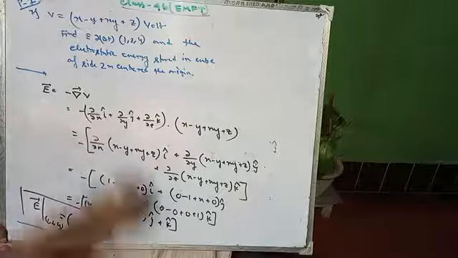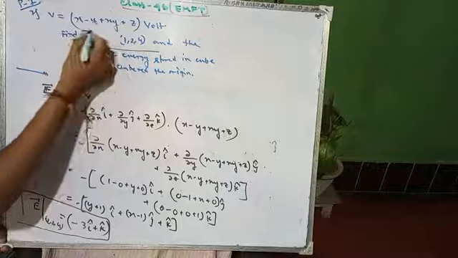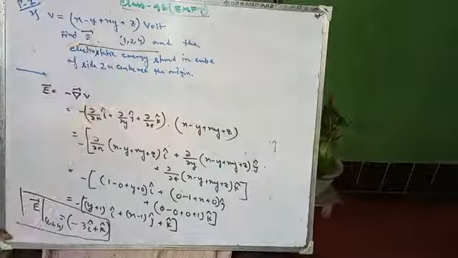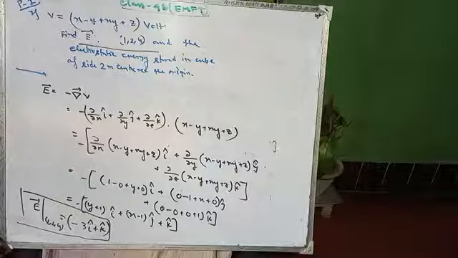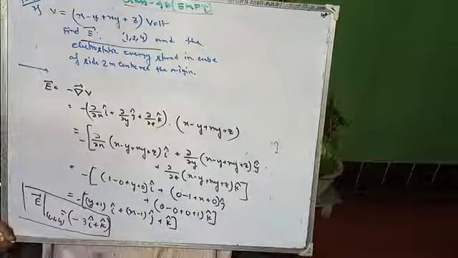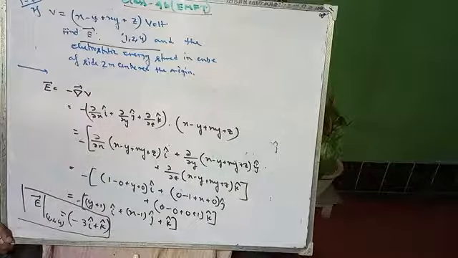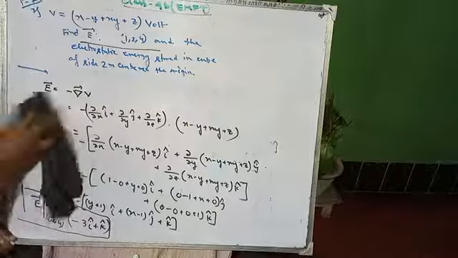So the first answer is completed. Actually you can ignore this one, you only have to calculate this E. Whatever is written after the E, you can ignore it. You have to find it by applying the partial derivative. The hint given to you is that you have to find the intensity by applying partial derivatives.